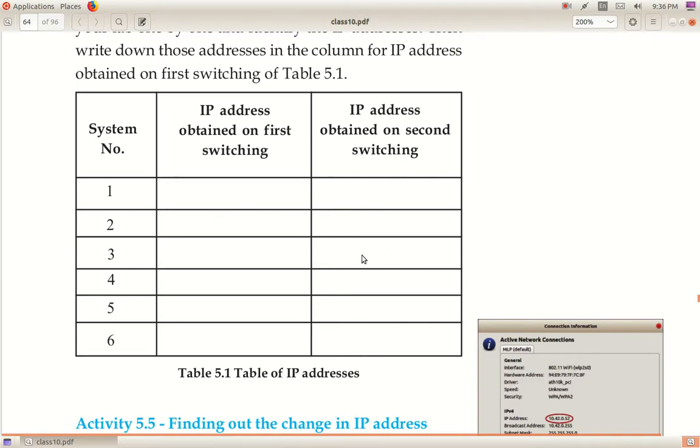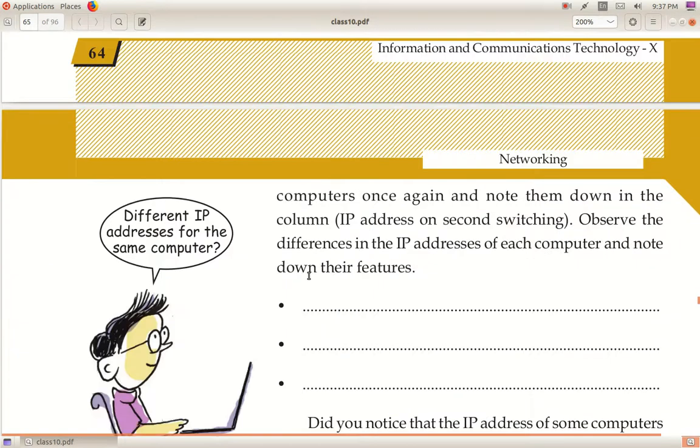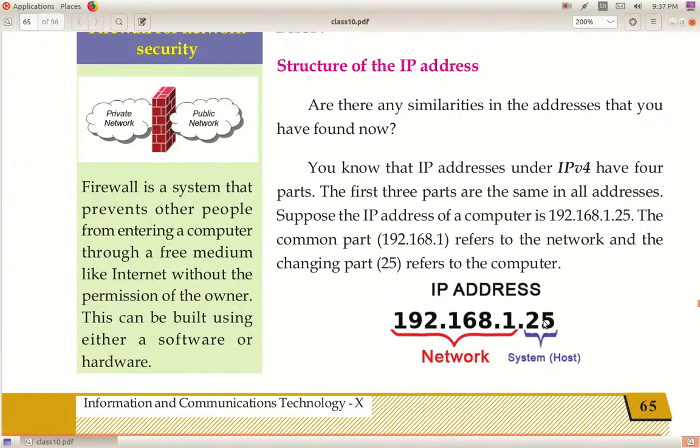2 columns are given. While noting down the IP address, you will see that the system number is changing. Which number is changing? System number is changing. What is system number? That is the last number, that 25. In the first switching, if it is 25, in the next switching it can be 74 or 26 or 27.